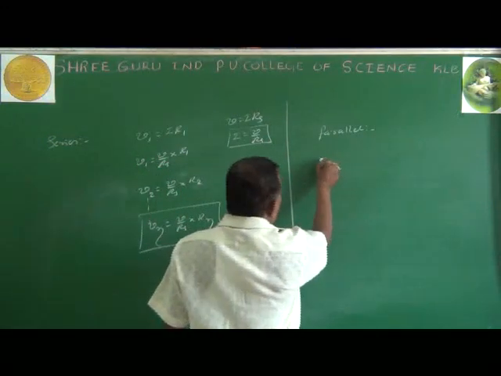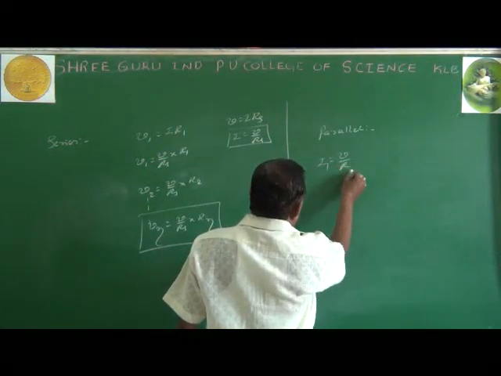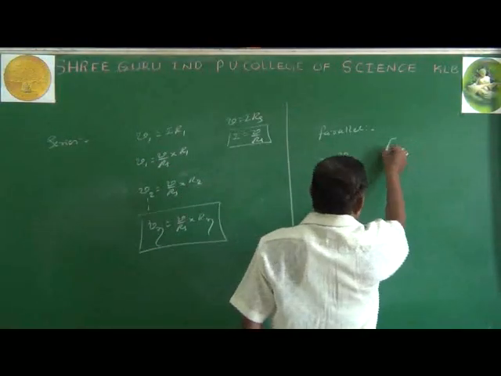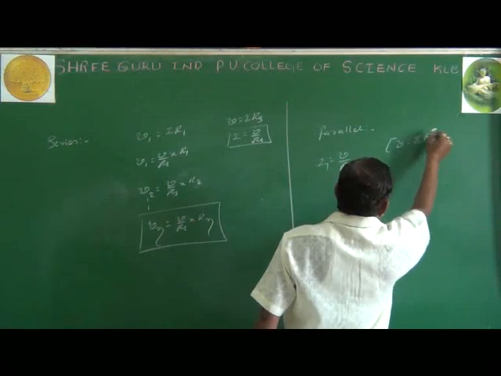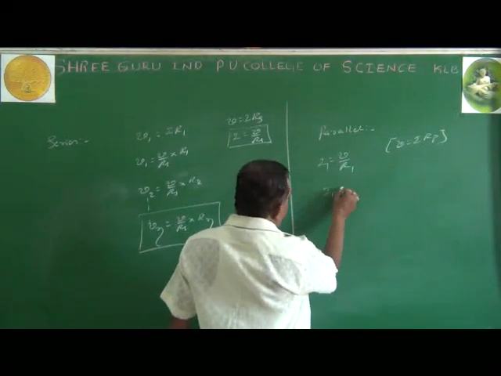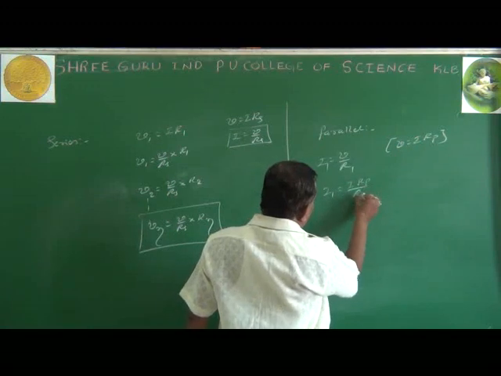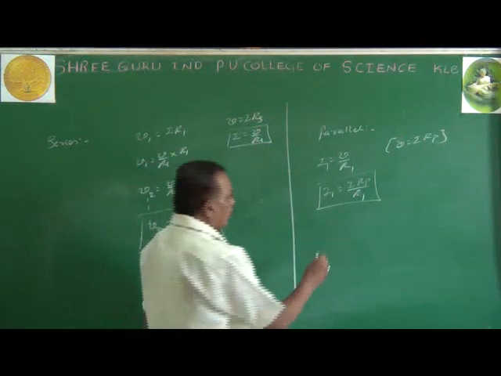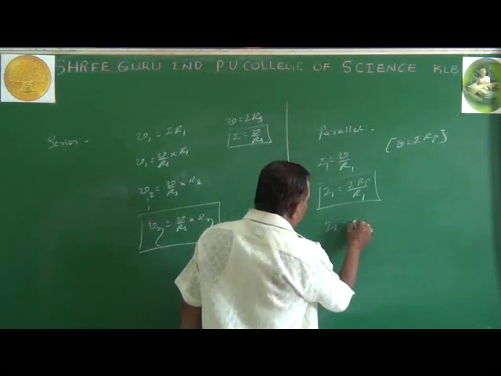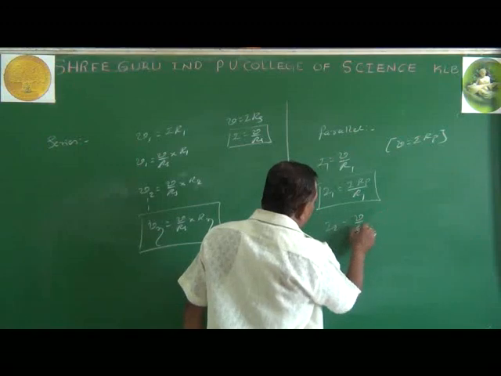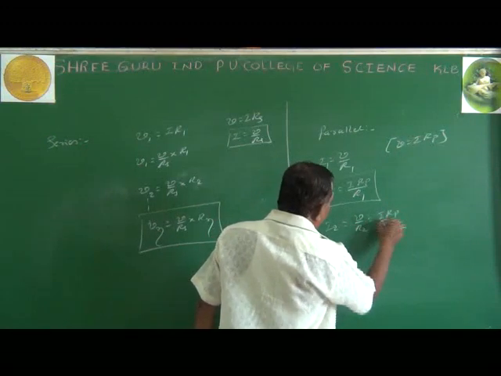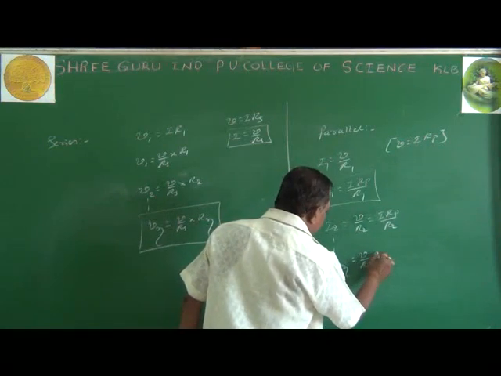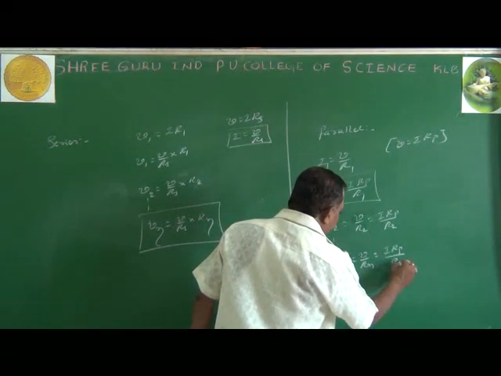So, I1 equals V by R1, with I through R1; they remain the same. When I go for the equivalent circuit, V equals I into Rp. Shall I replace it here? I1 equals I into Rp divided by R1. Then second, I2 equals V by R2, that is I into Rp divided by R2. For n, In equals V by Rn, that is I into Rp divided by Rn.